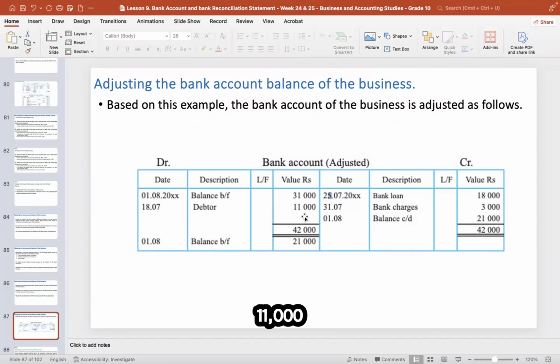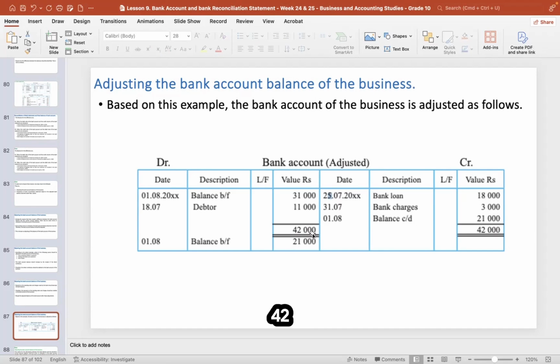When we receive this 11,000, the bank balance is going up. Because of that, we are debiting the account. Whereas we have made a payment of 18,000 on standing order for the bank loan, and bank charges of 3,000 have also been paid. So because of that, we are crediting the account. So what happens? 31,000 plus 11,000 is 42,000. And the bank loan and the bank charges total 21,000. And when you deduct